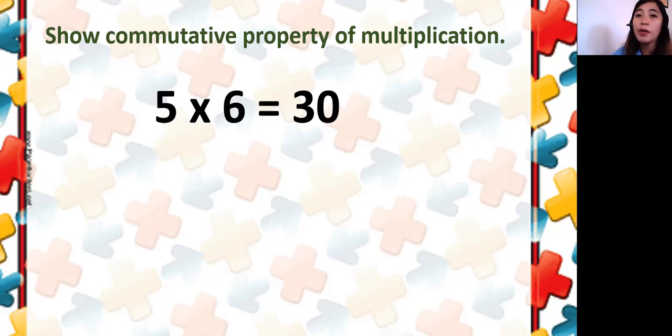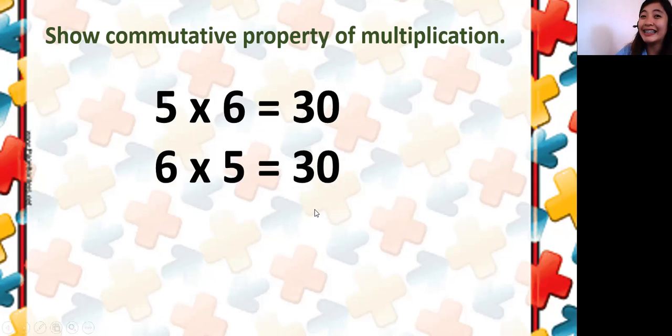May I see? Raise your whiteboard now. And take a look if you have the same as this. Yes, 6 times 5 equals 30. Wow, most of you got it right. Very good. Okay, put a check mark. Okay, so once again, what is changing in commutative property of multiplication?